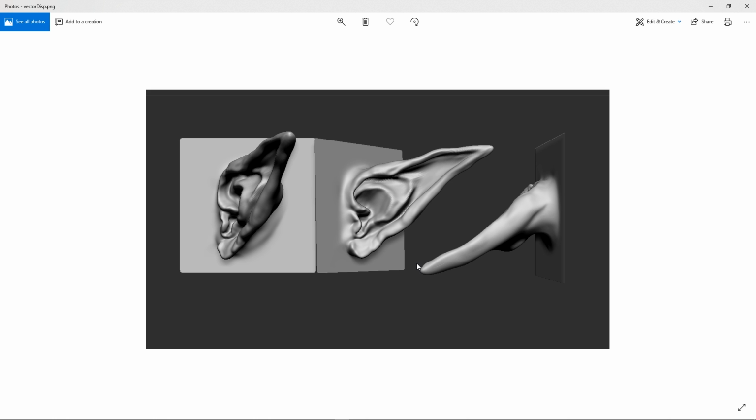One practical use of this is, like Morten was saying here, this is from the creature kit, where you can actually make these pieces and just drag them out. So this is pretty much the only use case where I ever use vector displacement, if I want to kit bash something like this.